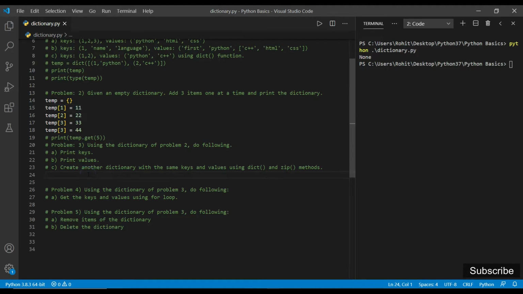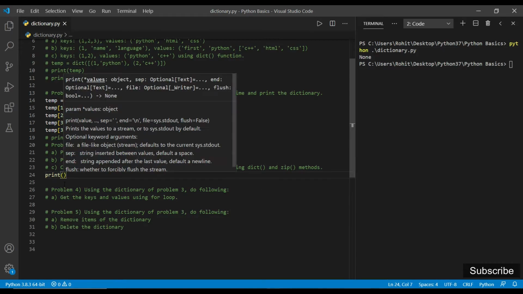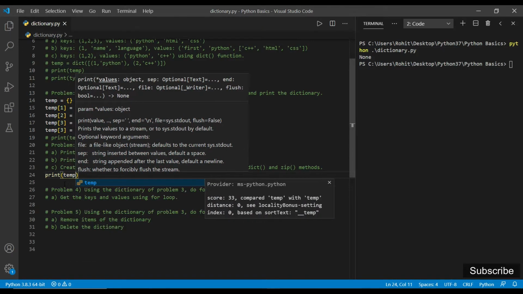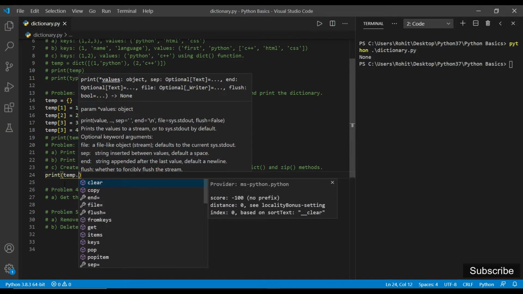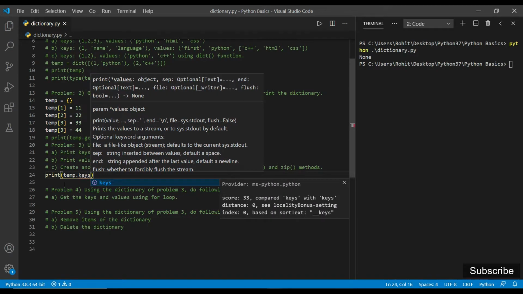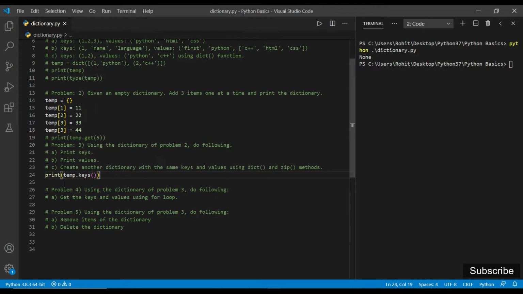How can we print the keys of the dictionary temp? We write print, then temp and then dot keys. That's it. This will print all the keys that temp has. If we print it, we will get 1, 2, 3 as keys.